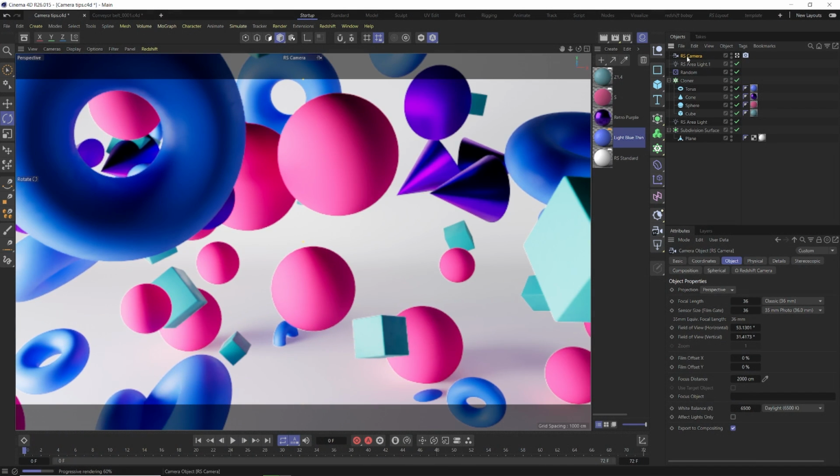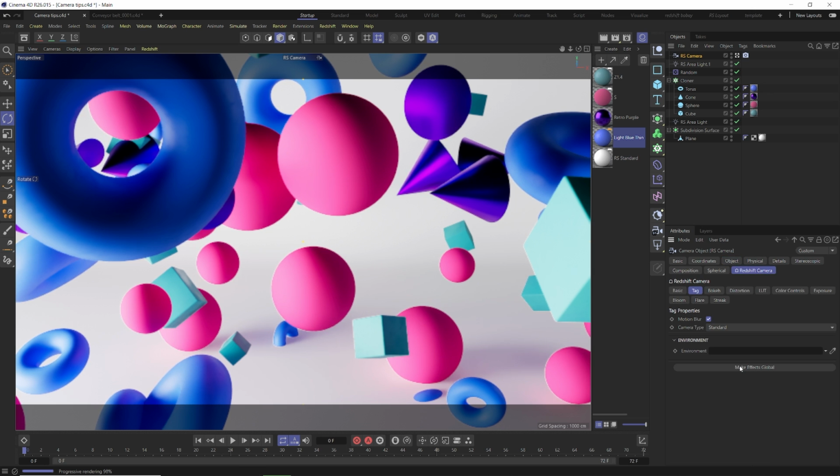Now, a couple other things to control. Obviously, we have a focal length, field of view, all these things, focus distance. And then we have this Redshift camera tag down here, and this is what's going to be most important. And the cool thing with Redshift is it uses these values in conjunction with these values. So you actually can set up your cameras how you normally do, and then use Redshift to use that information